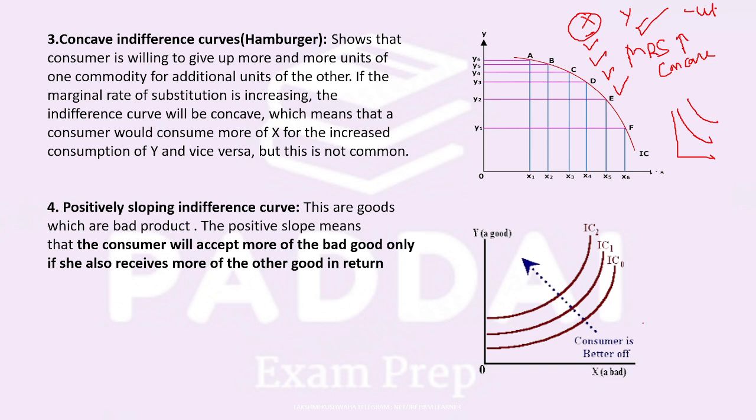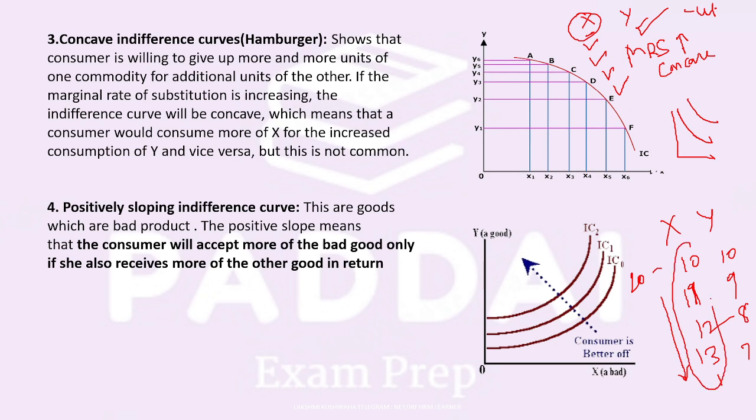See, X and Y 10, so X 9, so let's say X is 11, utility has to be 20, so this would be 9, 12, 8, so 13, 7, right? So this keeps on replacing completely. When this is happening, Y is completely replaced and only the consumption of X is happening, which is not possible. Why not possible? Because it is declining in different characteristic.